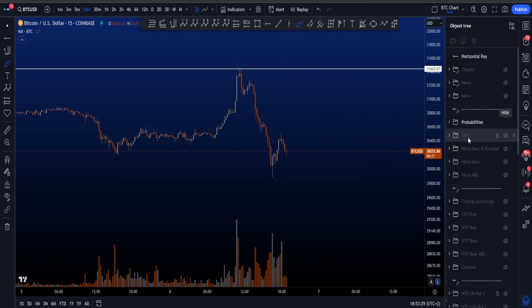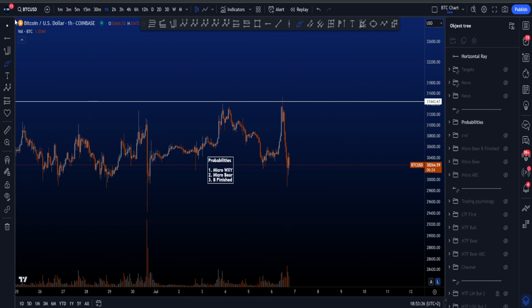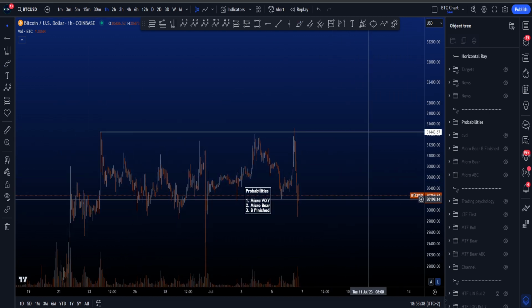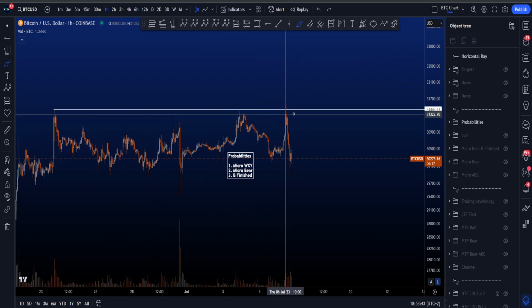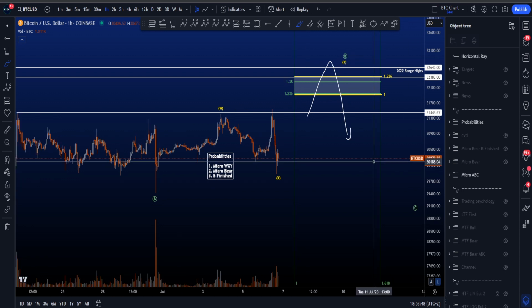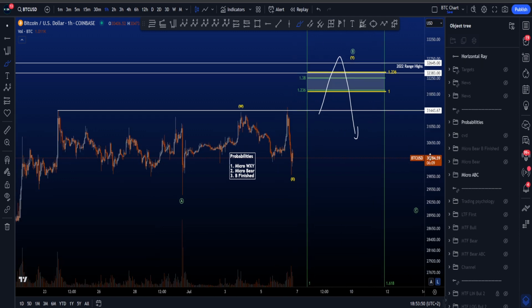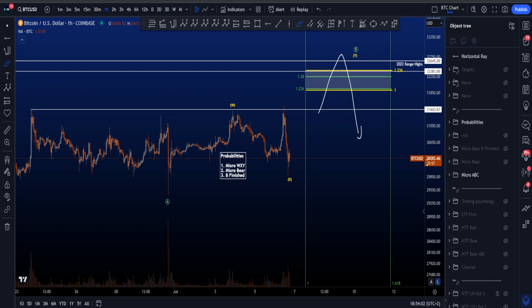If we then look at the probabilities between the different scenarios, then I have to zoom out to the 1 hour, and my preferred scenario at the moment would be potentially another move up. Now that goes a little bit against the double top that we already wicked, but I still think this scenario from a trading psychology point of view is super interesting, because what happened, I actually did a live stream just now for Discord and the Telegram group that we have, so for all the members in there, and the title was like, I can't say it on YouTube, I don't know if it's going to be bad for the video,